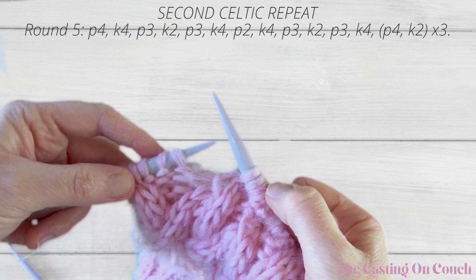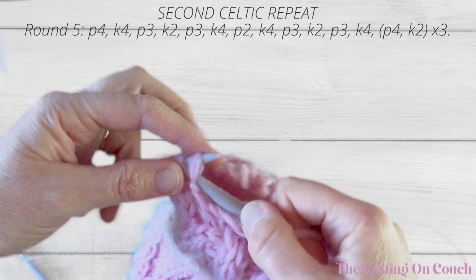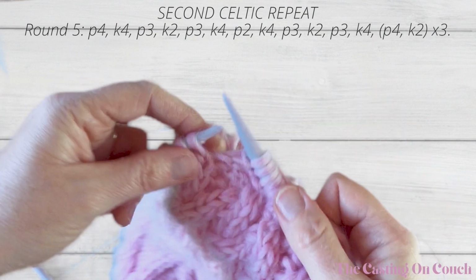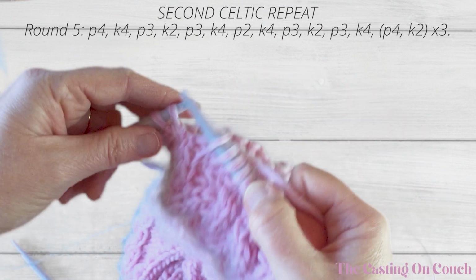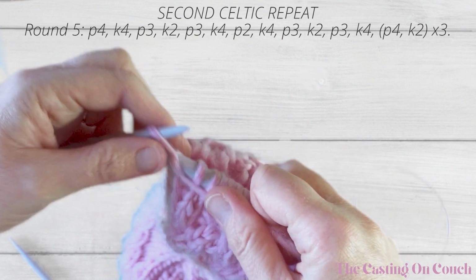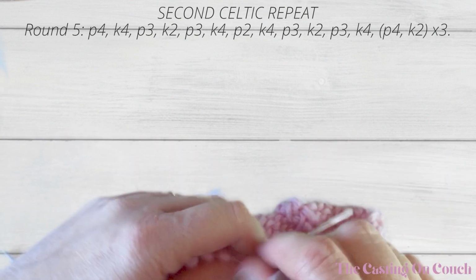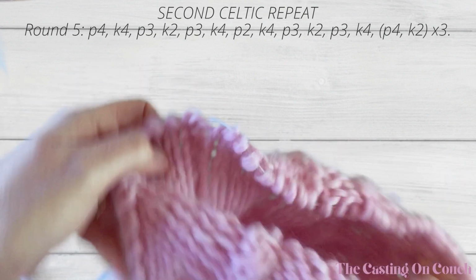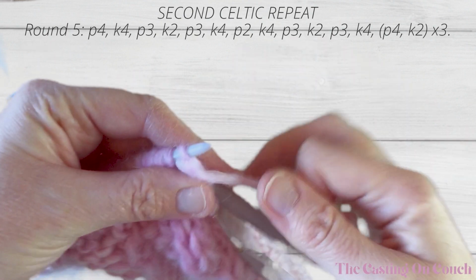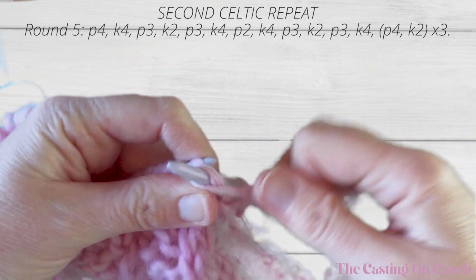4, and then we've got 3 purl stitches, 1, 2, 3, and then we've got a knit 2, and we've got 3 purl stitches here, I believe. That's 1, and that would be 2 and 3. So let's bring up the last portion of the work. So that is our 2nd and 3rd purl stitch,